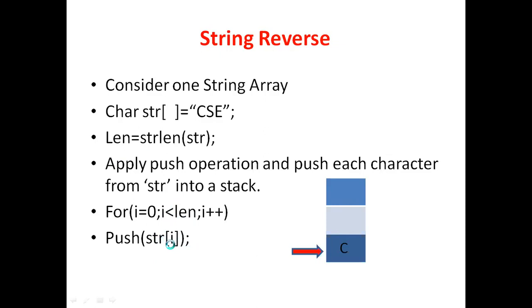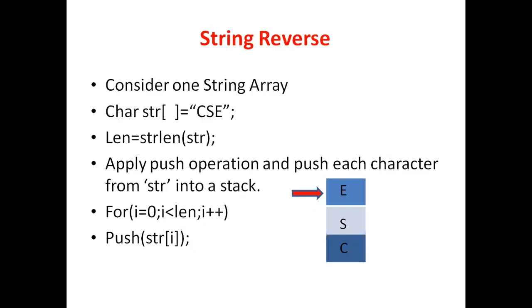So str of 1. str of 1 is S. I want to fill second box or second stack by using S. So now after inserting S, our top element is S. So then after again I want to increment the loop, that is i value is 2. 2 less than 3 is str of 2, that is E. I want to push E into the stack, then top indicating the E letter. So this is the way we can insert our values, our string into a stack first of all.